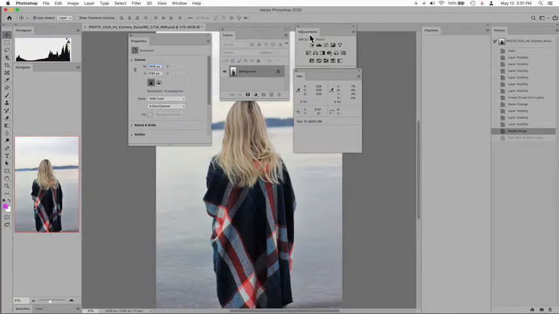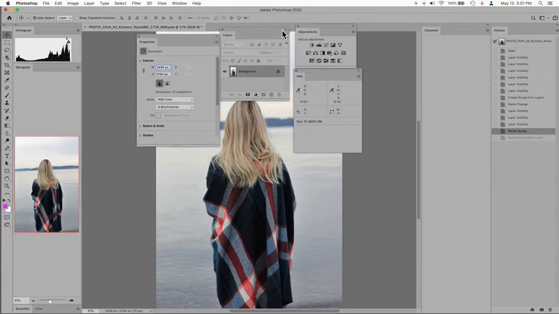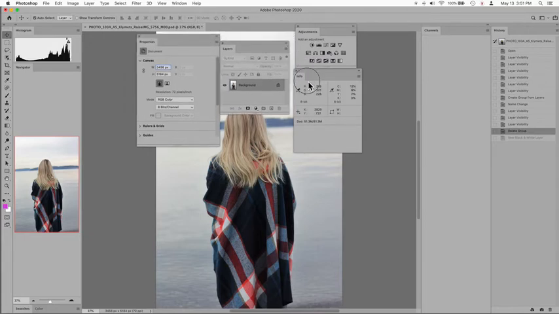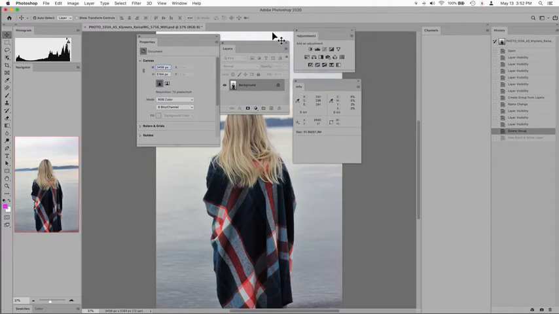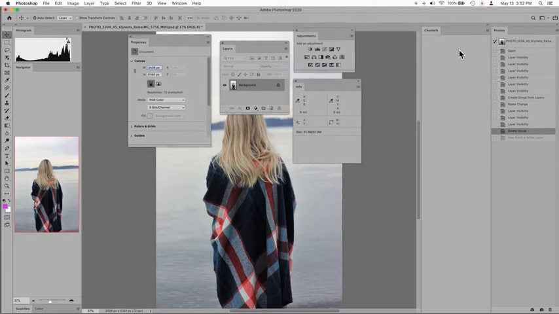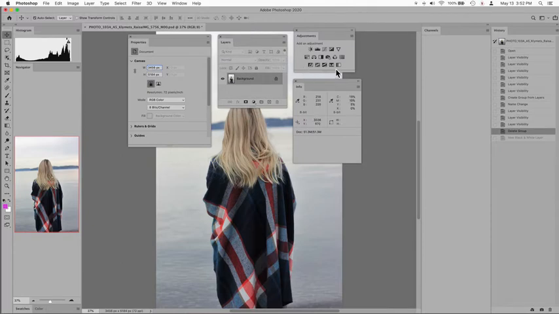So here we are. We have our adjustments, info panel, layers, and properties. Now, generally, I want to leave these in the middle of the screen so you kind of see what's going to happen here. I have some other panels here that open up to the side. We're not going to really touch those, but I'll give you kind of a tour of what they do in just a moment. So right up here,